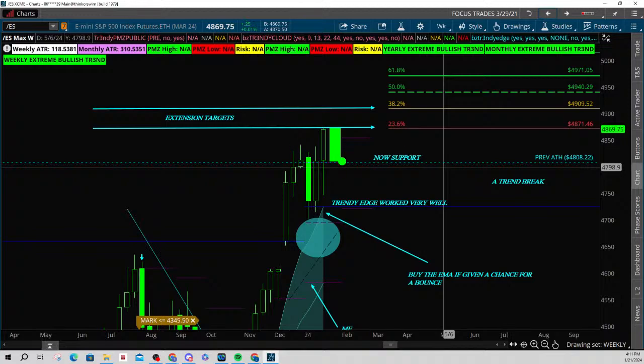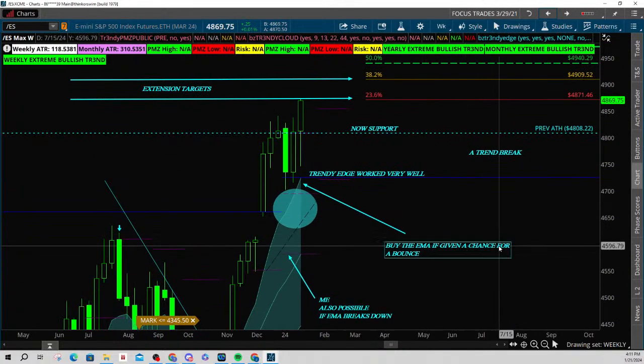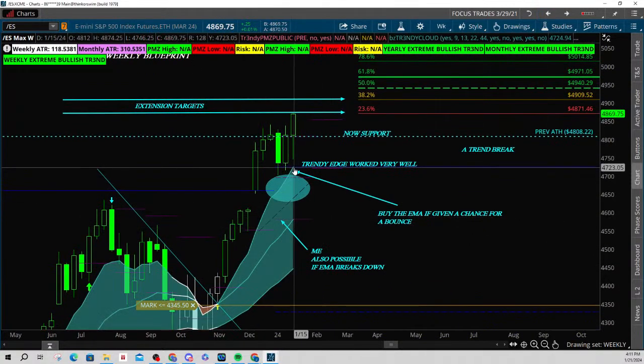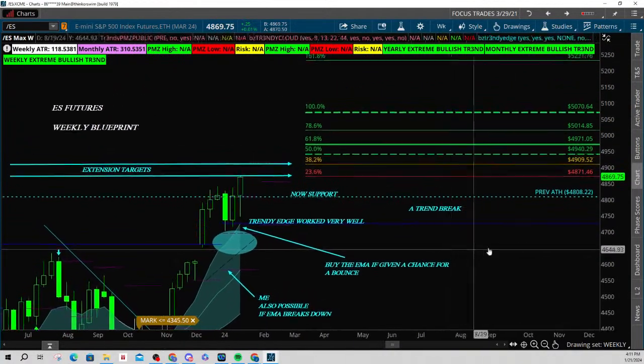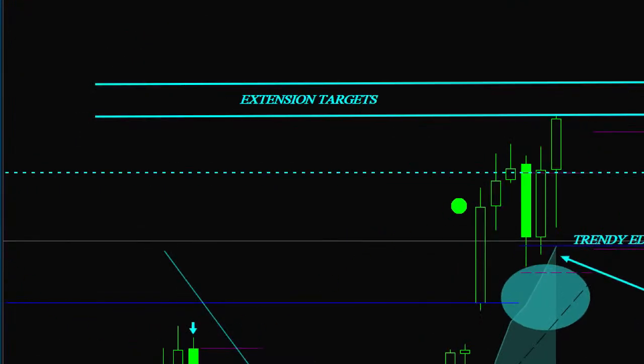But this right here is support until proven otherwise. And if that breaks down, then I'd be looking for this as support. All right, so I said buy the EMA if given a chance for a bounce. That is a note to myself that if we come down here, I want to know. The next thing that I said before I left on my cruise is that this week will really give you